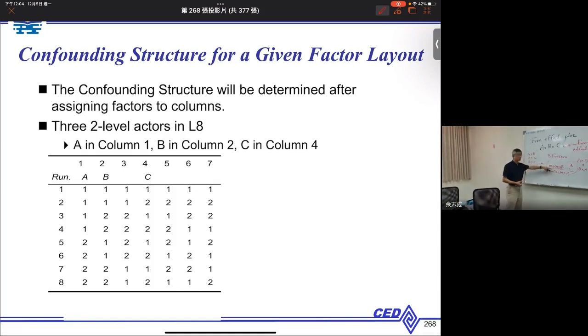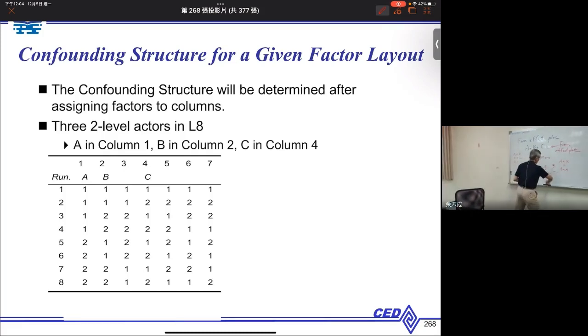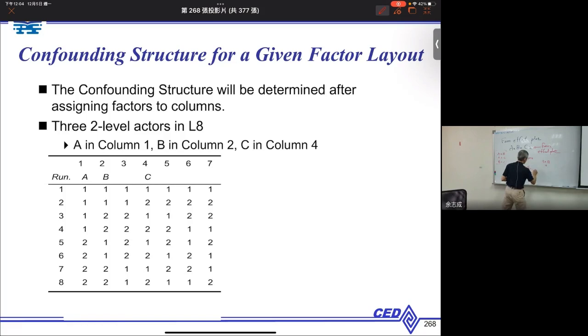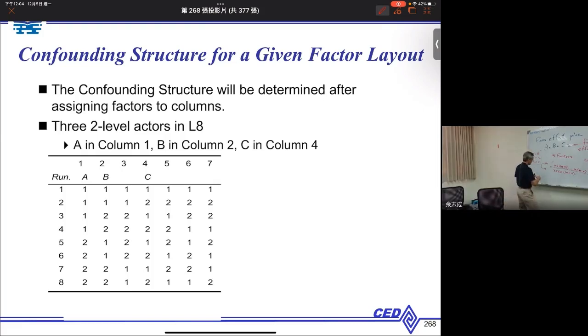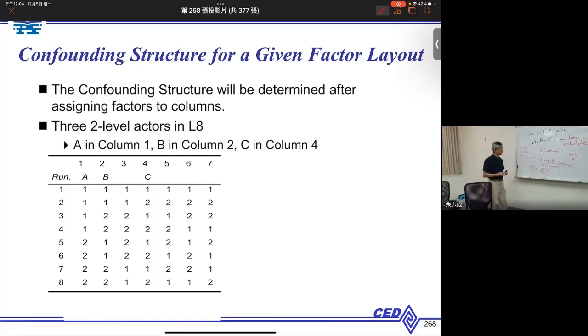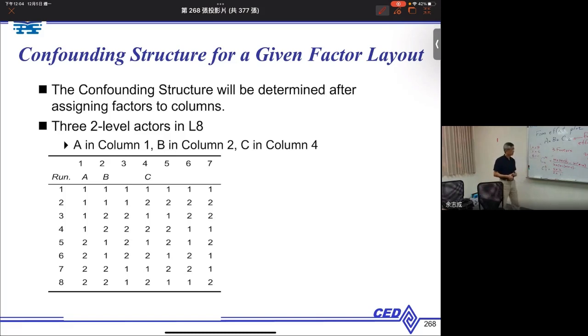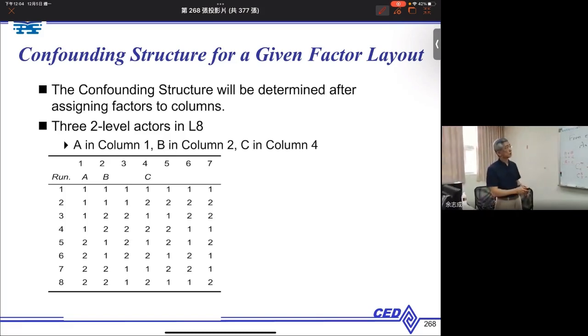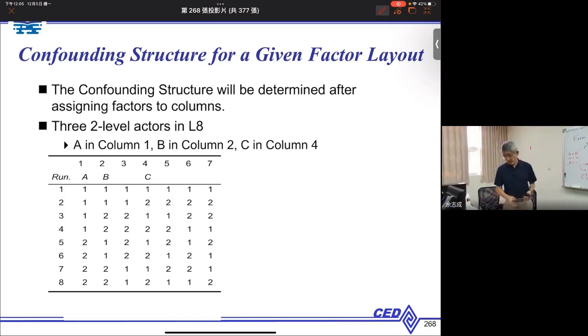Remember, this is the equation for combination. So if it is 3, 2, it will be 3, 2, divided by 2, 1, right? Just like this example. So here we have 3 combinations,